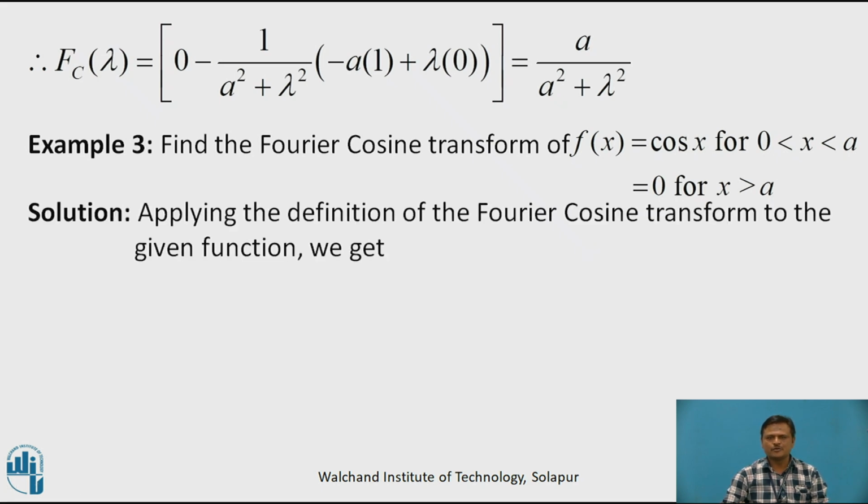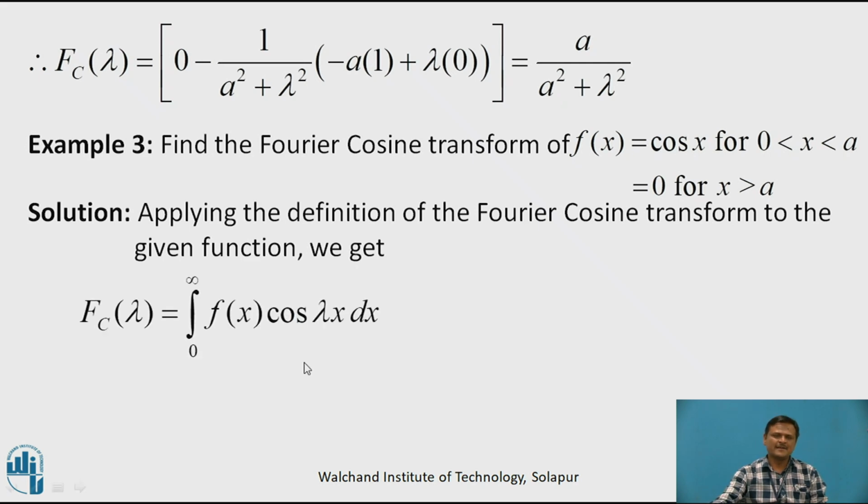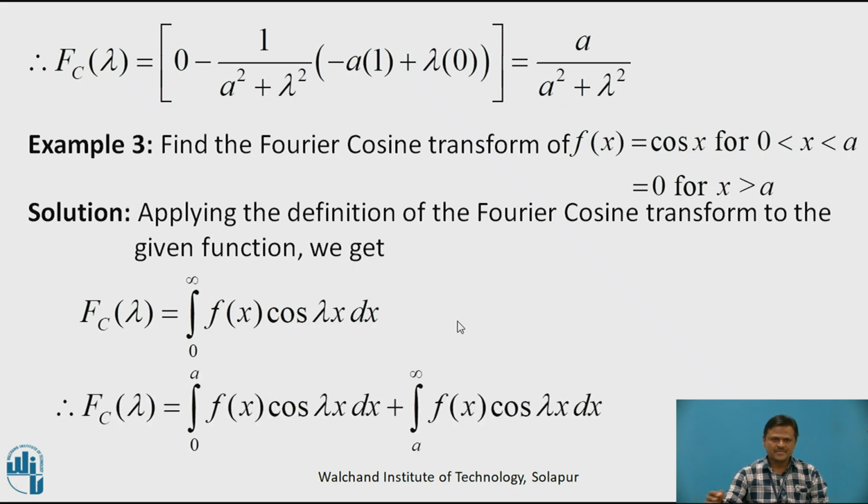Applying the definition of Fourier cosine transform to the given function, we get fc of lambda is equal to integral from 0 to infinity f of x cos lambda x dx. Now writing this integral depending on the definition of the function, we get fc of lambda is equal to integral from 0 to a f of x cos lambda x dx plus integral from a to infinity f of x cos lambda x dx. Now in the respective range of the integration, we will have to substitute the value of the function as per the definition. So doing that, we get